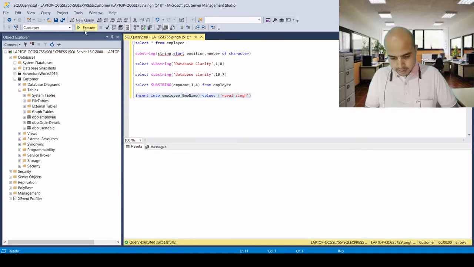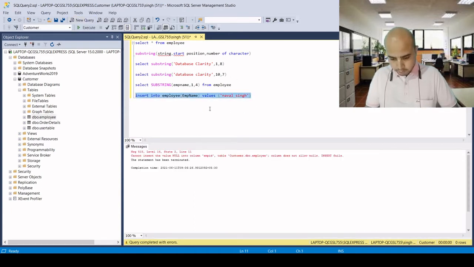So here I am inserting one record in the database. We cannot insert a null value in the emp ID, so let's say emp ID 7.